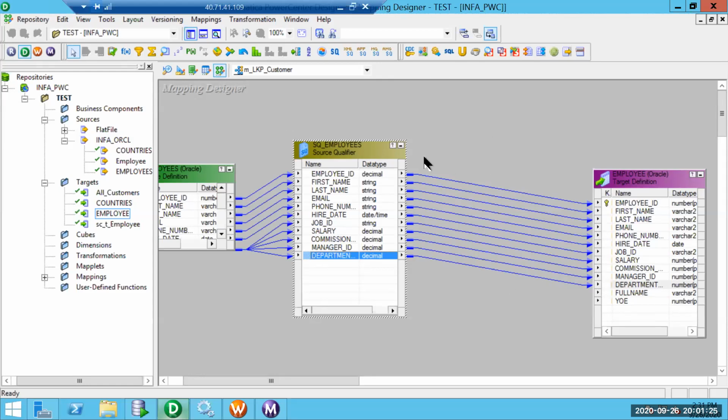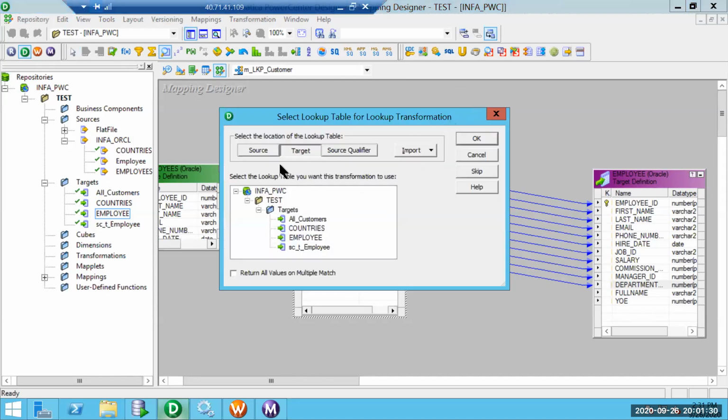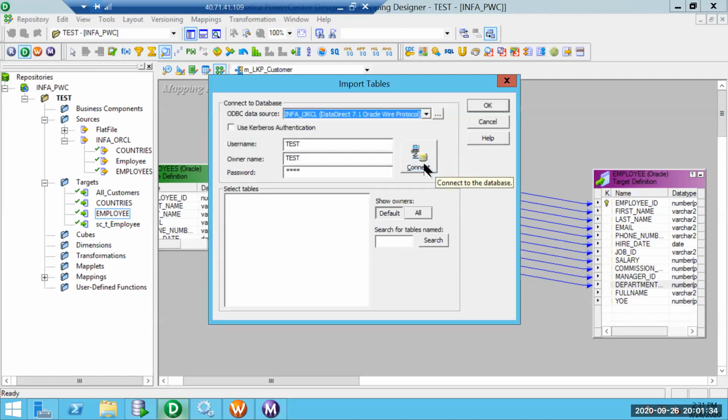So we will see the active thing. We are building a lookup. The lookup will be on department. It is not there, so I am going to retrieve the relational table. It's not there in the test user. It is in PWC.